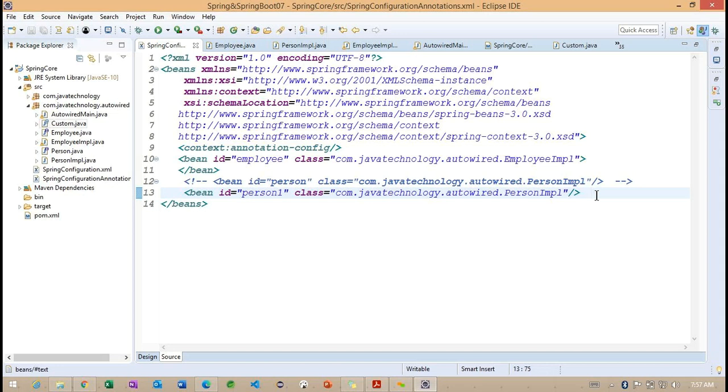For the annotation related examples, you need to understand very carefully which annotations we are going to work with. For the XML configuration, we basically identify the bean tags and the property or constructor tags. Other than these three, we are not going to work with anything else. But in annotation style, we are going to have many different styles of annotations. So we need to understand each one of them, right? If we don't have any questions, we'll continue tomorrow with the annotation related examples.